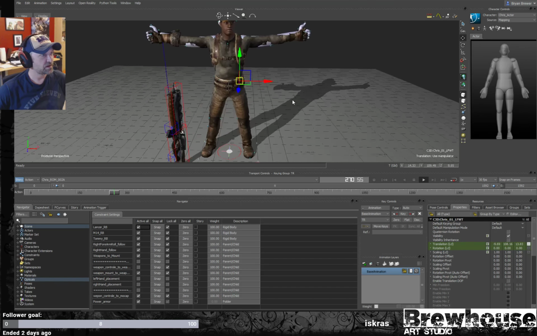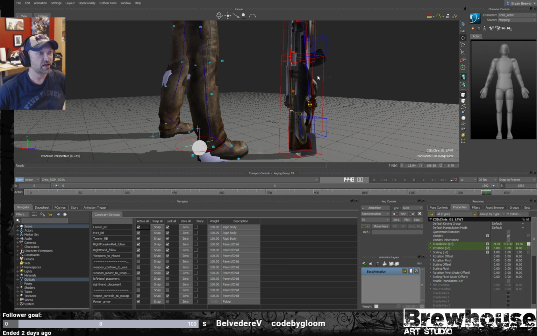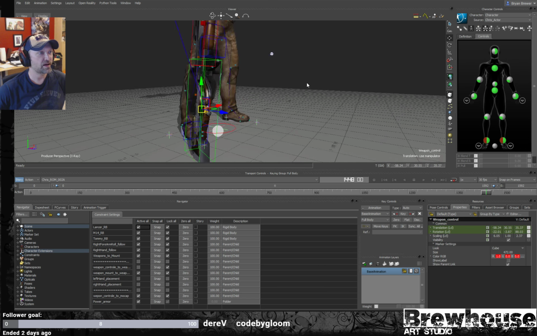But I also would like you to note that there is a weapon rig that I've created on this gun already. And this weapon rig, don't ask me why I designed it this way. It was a long time ago. But you can see the red